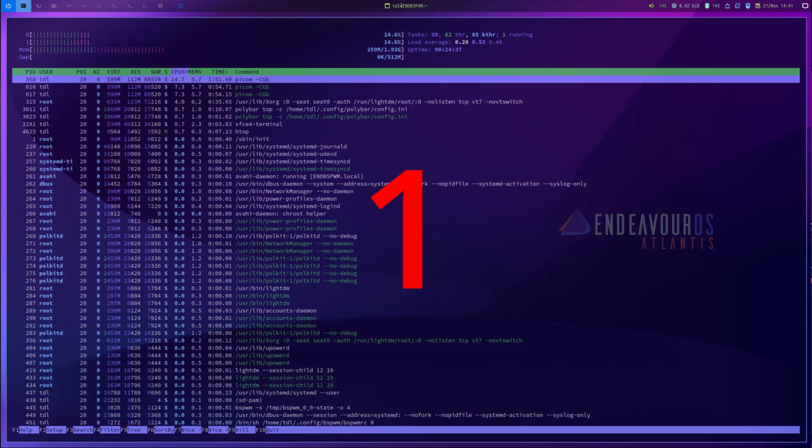First place has been granted to the BSPWM window manager. BSPWM is a tiling window manager that represents the windows as leaves of a full binary tree. As this is my favorite window manager, I'm glad to see it ending up in first place. As said before, the community team did a very good job creating this environment, and I still use it on a daily basis on my laptop. It gets first place because it uses the least amount of memory after a clean boot, 253 megabytes, which is the lowest score of the 8 environments.